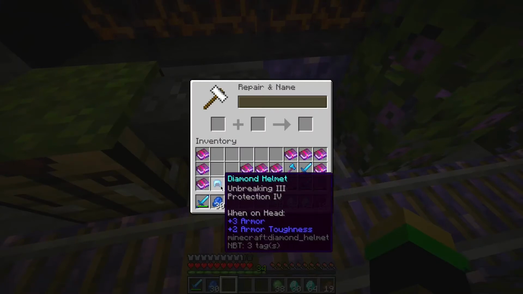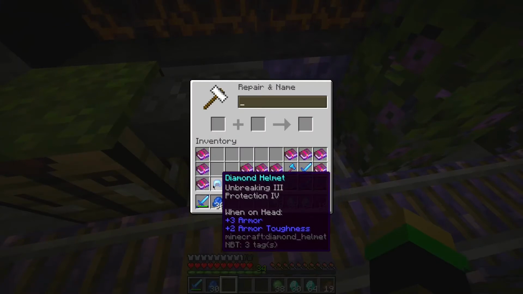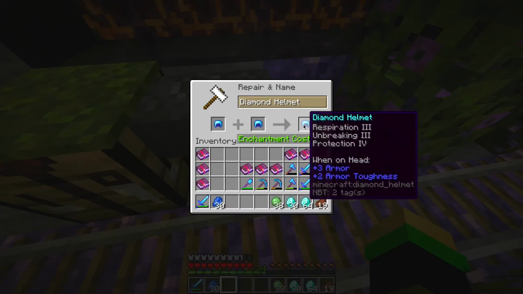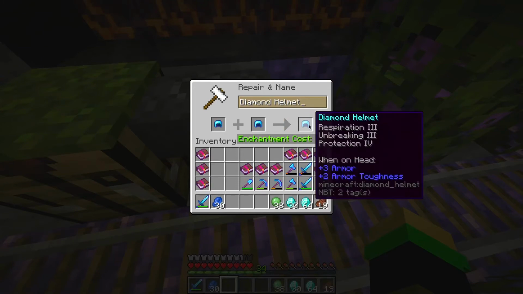So I want aqua affinity, this and that. So I think the best thing to do is mix the helmets in first. So yes, 10 levels. Then I'm gonna name it right now. I'm gonna name this the